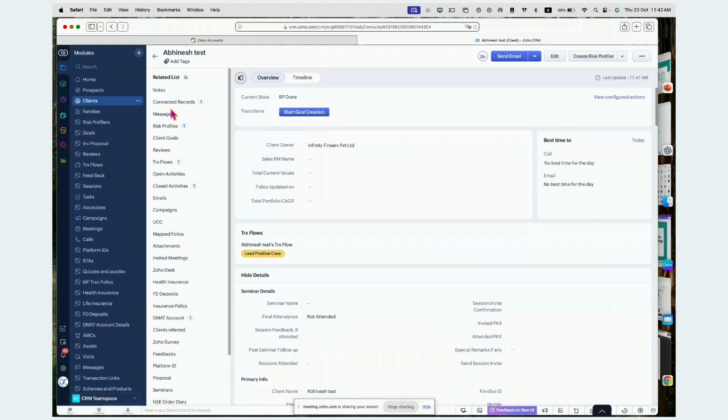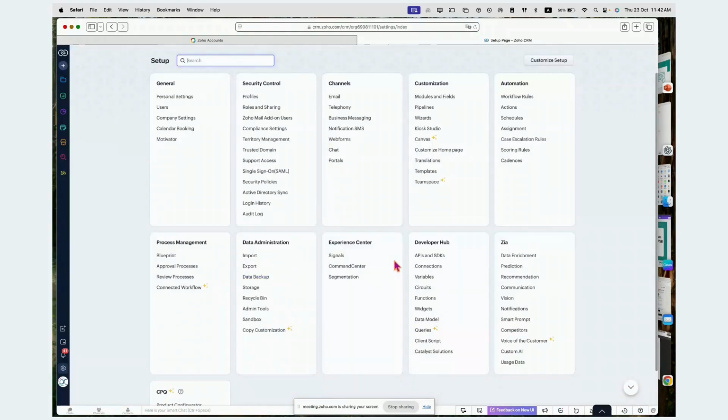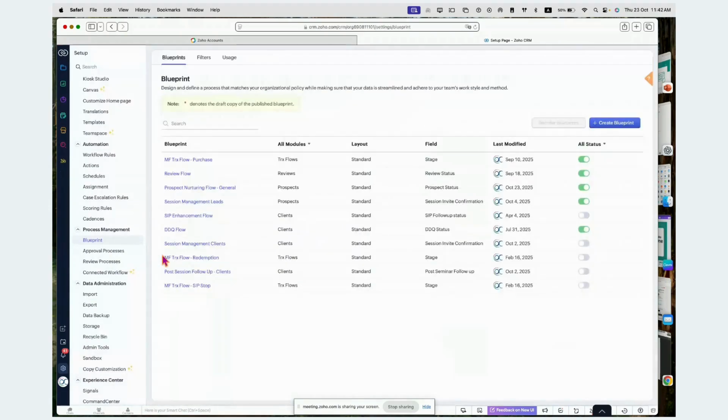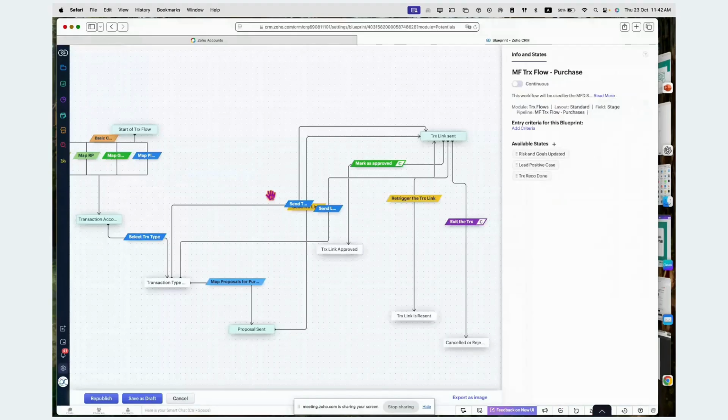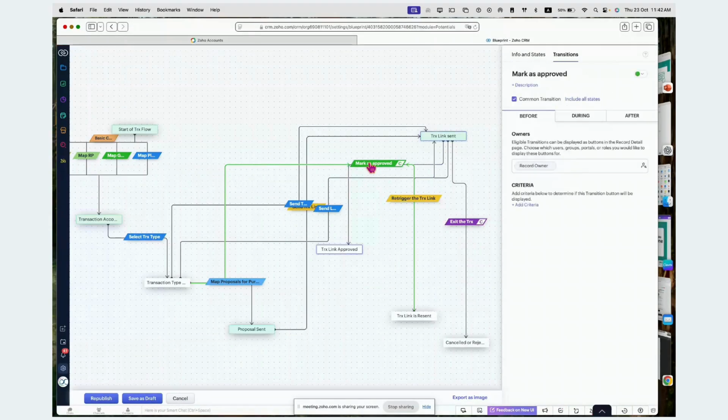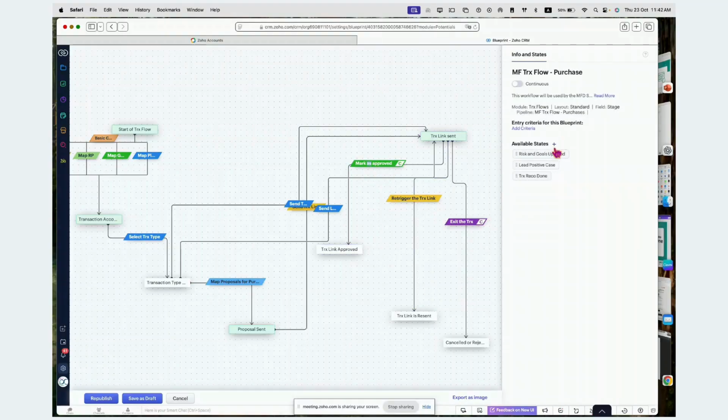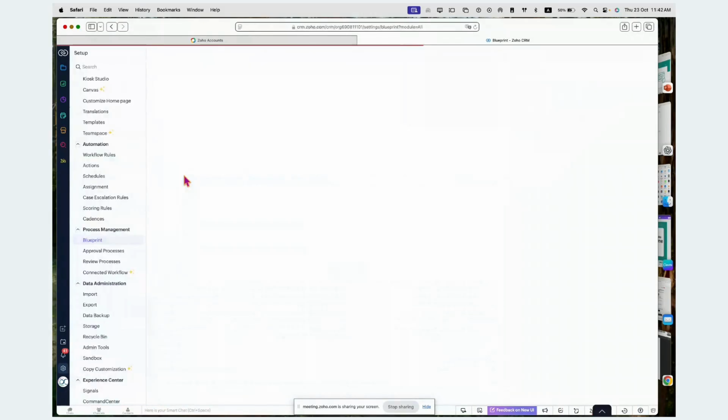During creation of the blueprint, you learn how I'm creating it, how I'm editing, how I'm using the setting buttons. So generally you get to learn this also, and you start putting your own actions into it. Like in this blueprint, you suddenly realize that no, I don't want this, I want to delete it. So right click, delete the transition. Or if you want to add something, you can add from here, states and all. So you can learn how I have done it, and it becomes easier for you to do this.